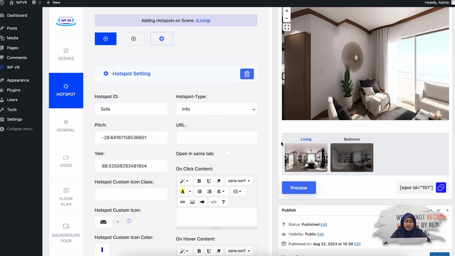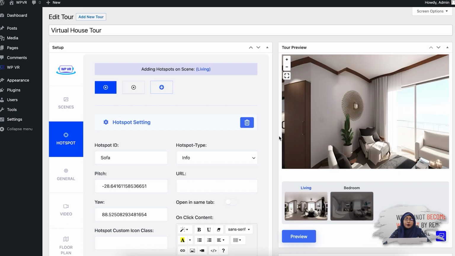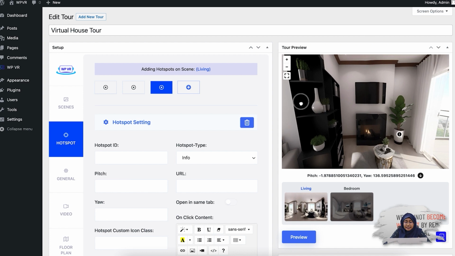Now let's see what else we can do with the hotspots. Alright, now I'm going to show you how you can add a specific video in your hotspots using the WYSIWYG editor. So I'm simply going to click on the plus icon, and then I'm going to add a hotspot ID. I'm going to add a YouTube video to this specific TV element here inside the scene. So I'm going to click on this, copy the pitch and yaw, and give a hotspot ID,